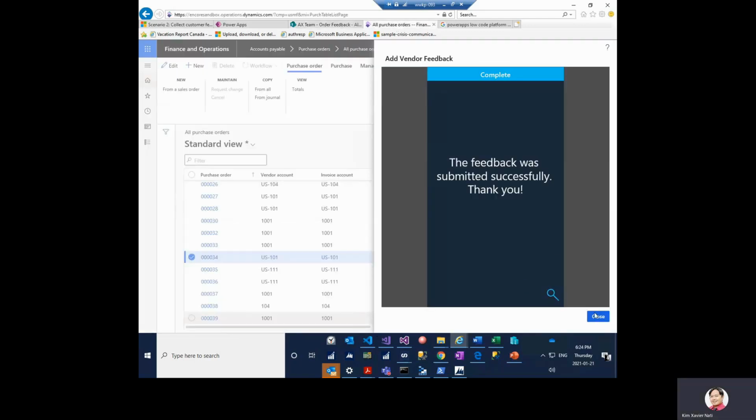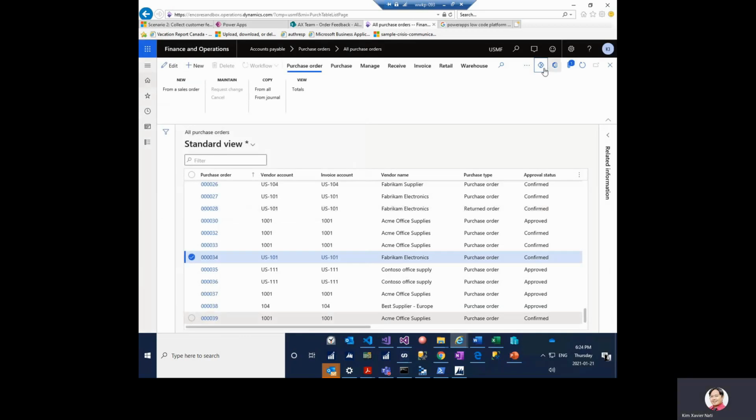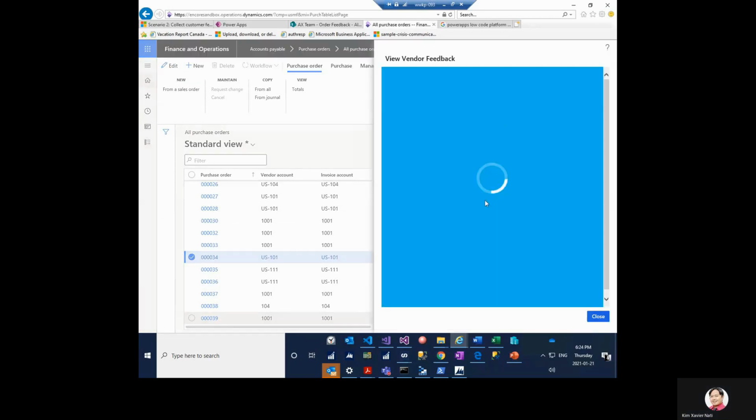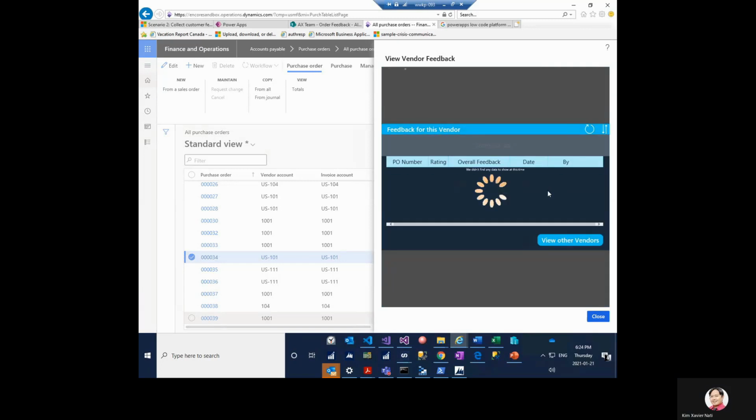And that's it. Now let's go to the other app quickly here. If you want to view the vendor feedback, you just highlight one of the POs here